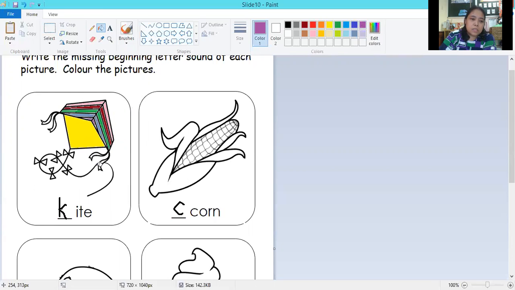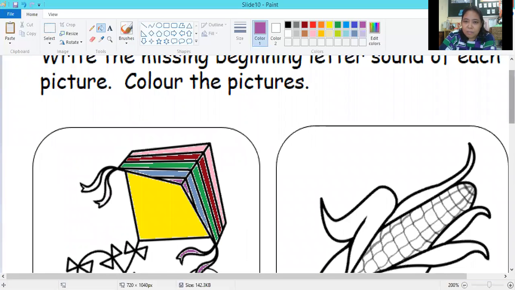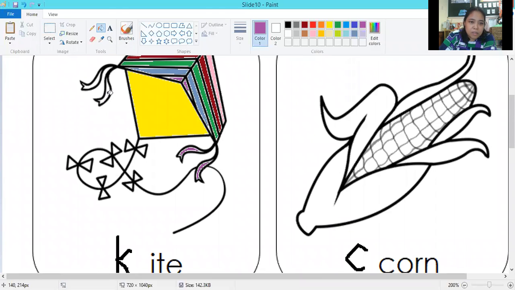Okay, I'm going to put a little bit of purple here and purple there. Okay, wait. It's hard for me to get it. Okay, I made it a little bit bigger. And here I'm going to use, let's say, orange. Okay, we're almost done with the kite.